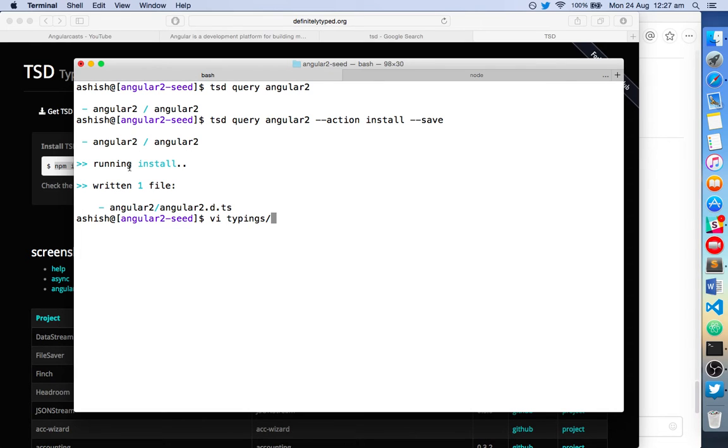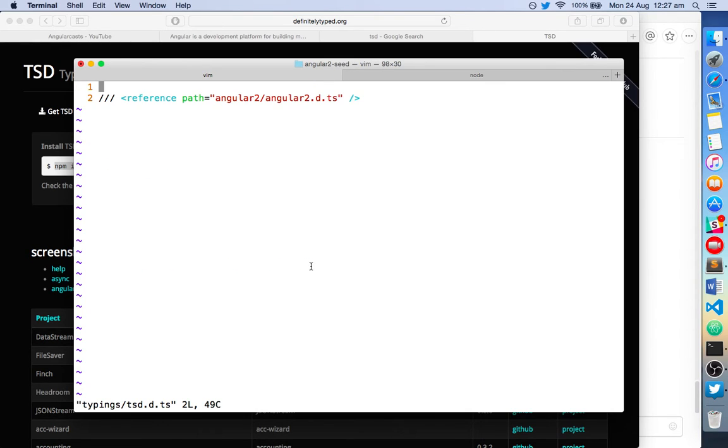By default I expect it to go into typings. You can see there's an Angular 2 folder over here, and I expect that it should have modified my tsd.d.ts with this package. Cool. Yep, there you are. It has installed Angular 2 and then it has given this reference path of Angular 2,